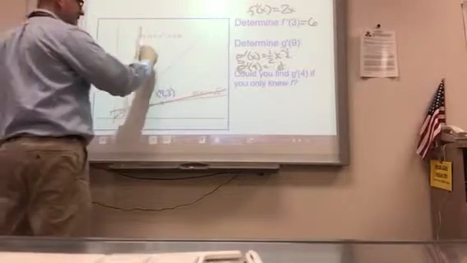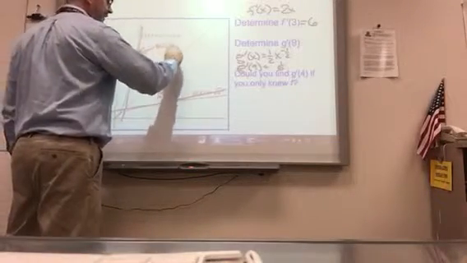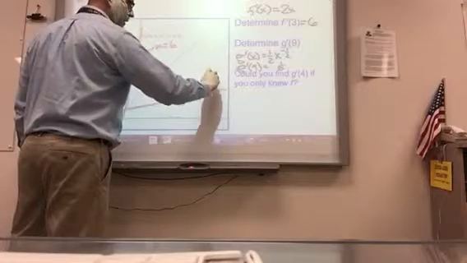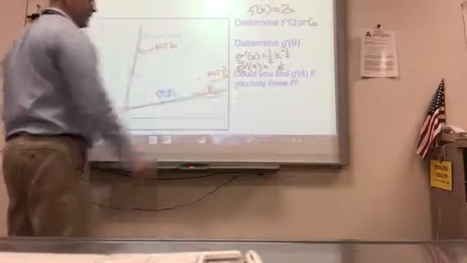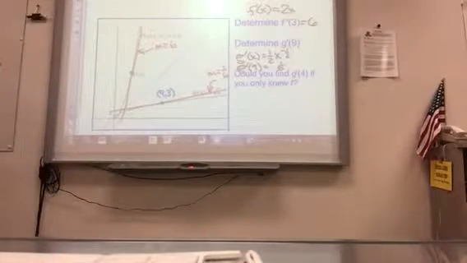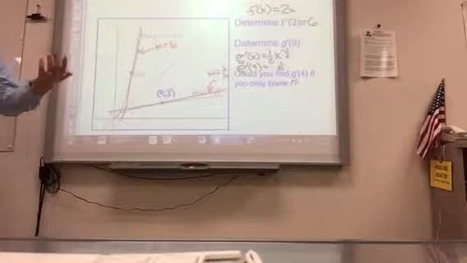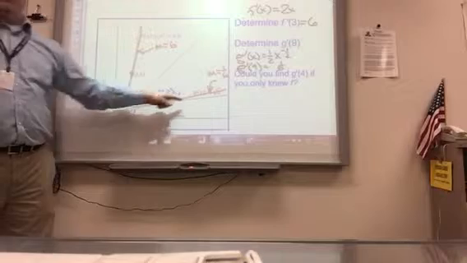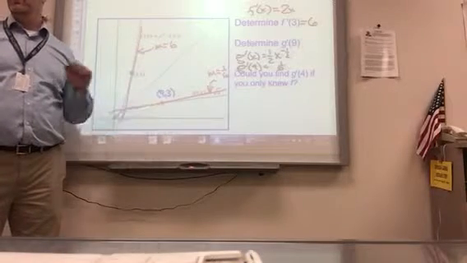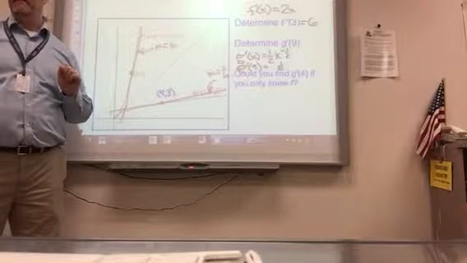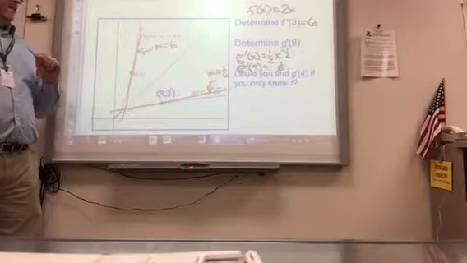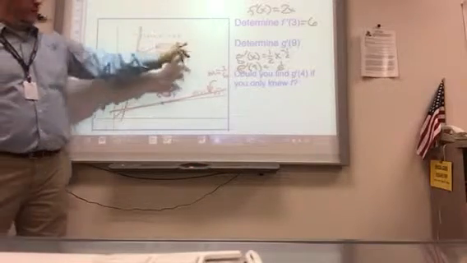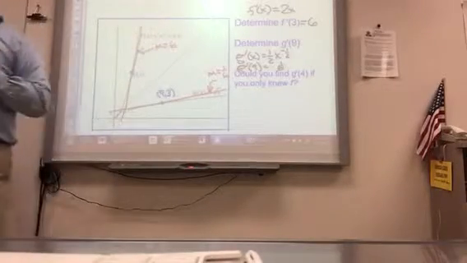And does it make sense that this line would have slope 6 and this line would have slope 1/6, based on the whole idea of flipping it over the line y equals x? Does it make sense they would be reciprocals? Because slope being change in y over change in x, if you flip that over, it wouldn't be too surprising, right? So it seems like there's some relationship between the slopes